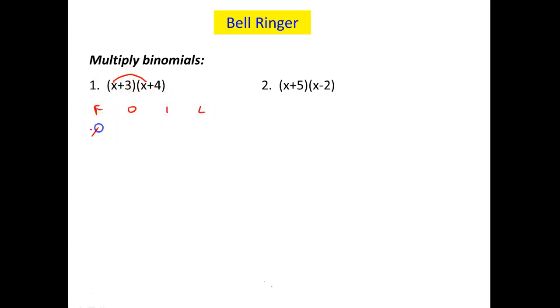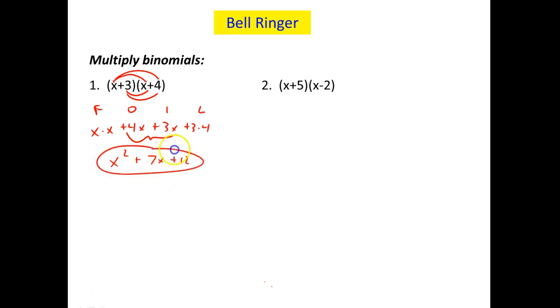My first terms are x times x. My outside terms are 4 times x. My inside terms are 3 times x, and my last terms are 3 times 4. My inside and outside terms are like terms, so I can combine them, and I end up with x squared plus 7x plus